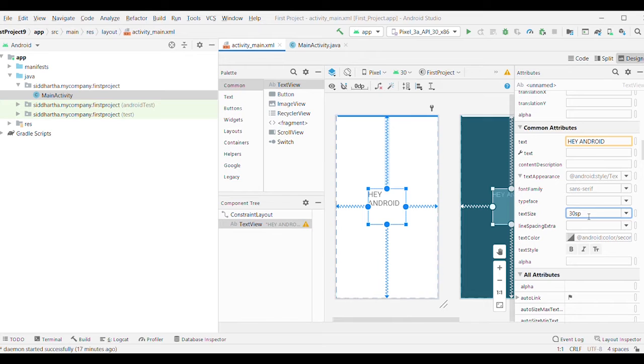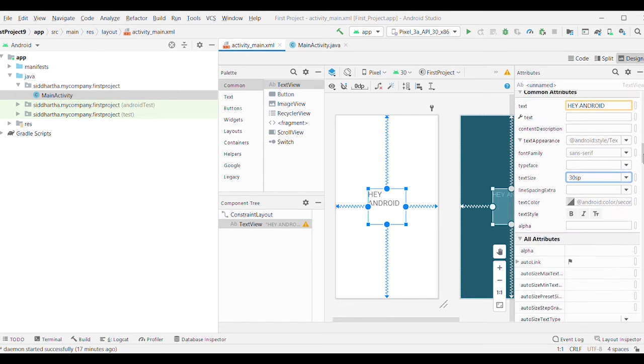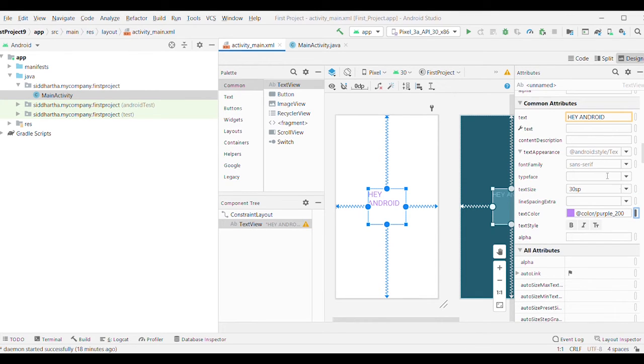SP is scalable pixel, which is the unit of text size, similar to how meter is the unit of length. Now you may change text color from here. You have to click here and select a color of your own. I will select purple. Okay, now it has become purple. You can see.